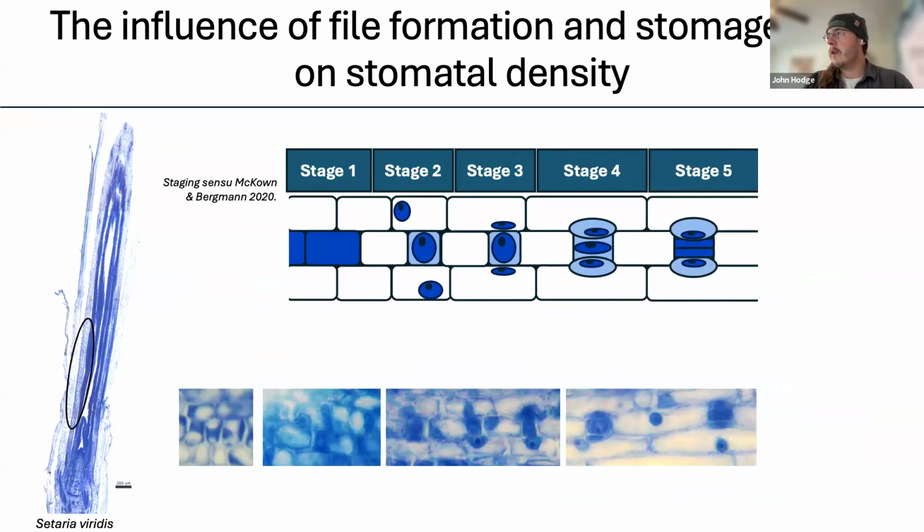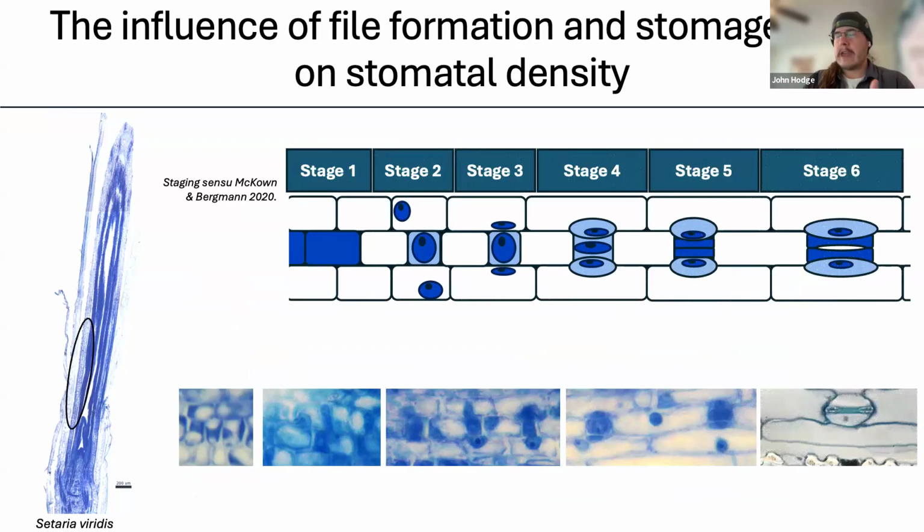That guard mother cell then will itself divide, and then we just have cell wall modifications to get to that final stomatal shape that we tend to think of in grasses. And so we can already see that although this has implications for performance when it's mature,